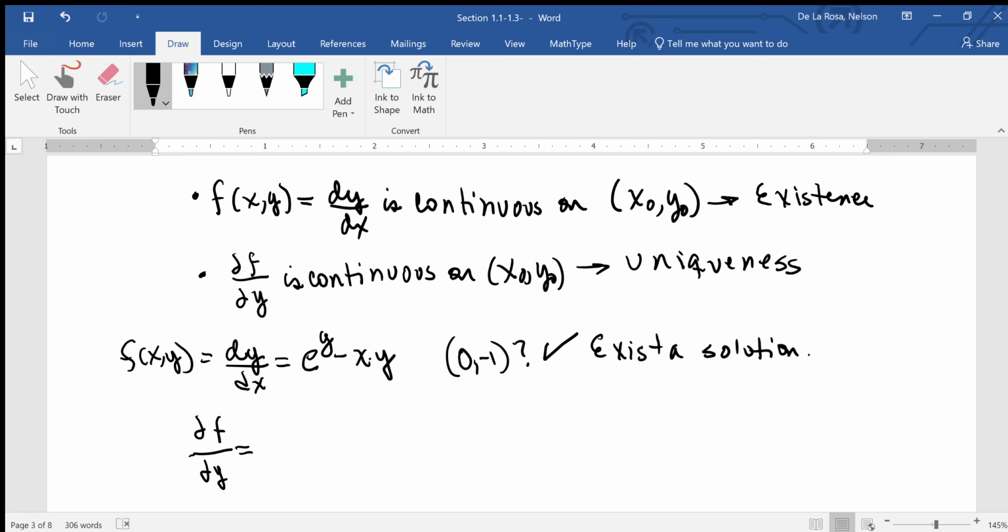So we're going to have what? The derivative of e to the y is simply e to the y. The derivative of x times y is going to be x, because the derivative of y is 1, right? And x is acting now as a number. So the question is, is this continuous